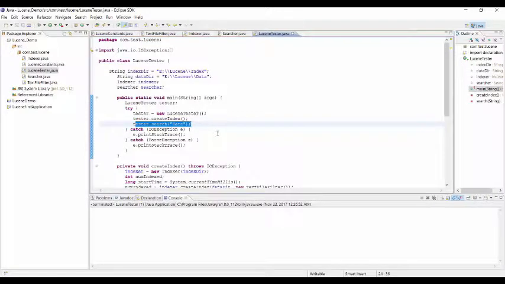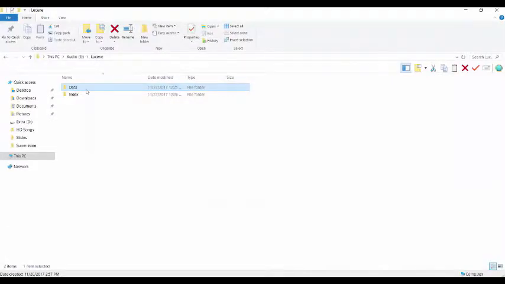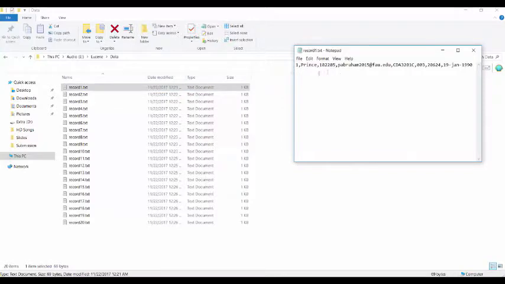For our demo, we use 20 text files which contain the name, the email, the course numbers, GPA, etc. and other details for the students. So we use these data files,